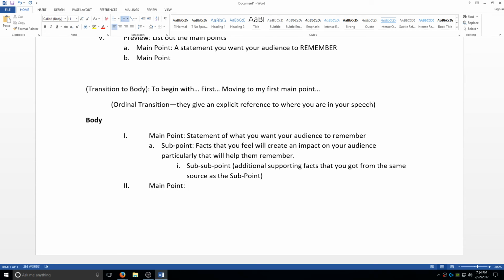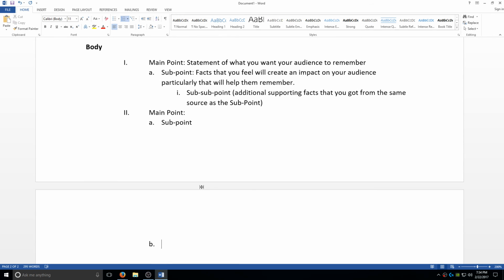So you'd have your second main point. You'd have at least one subpoint, because every main point needs at least one fact to support it. And then so on. So some of you, again, might have 2 main points. You might have 4 main points. You might have 3 main points. Again, it's up to you and how much time